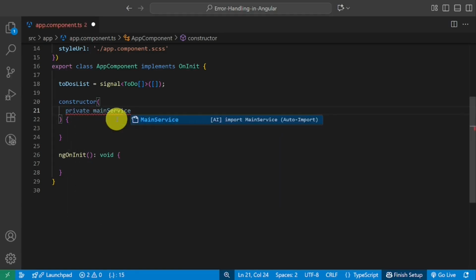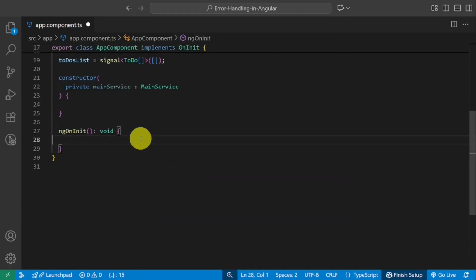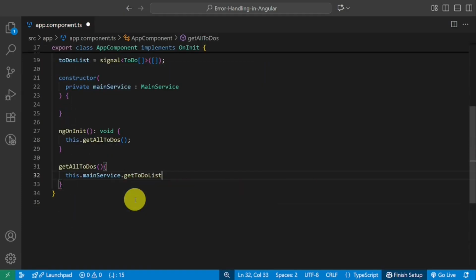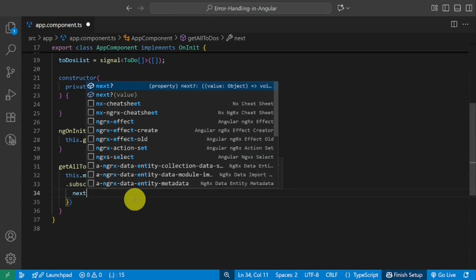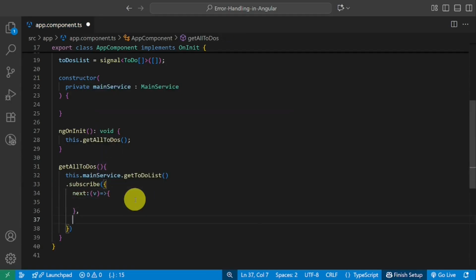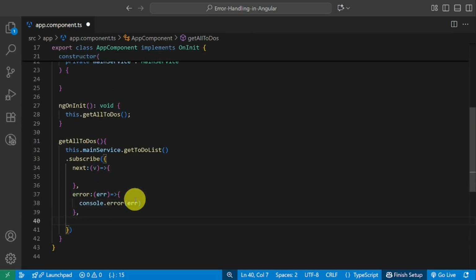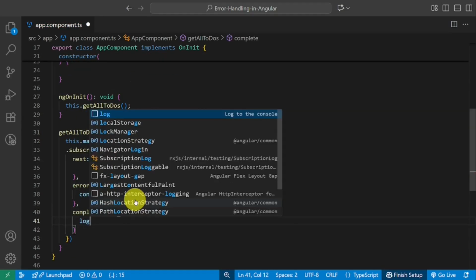I inject my service. In ngOnInit, I call a method, and inside the method, I just call an API from the service. Now in the observer object, that's the subscribe argument, I have next, error, and complete methods.